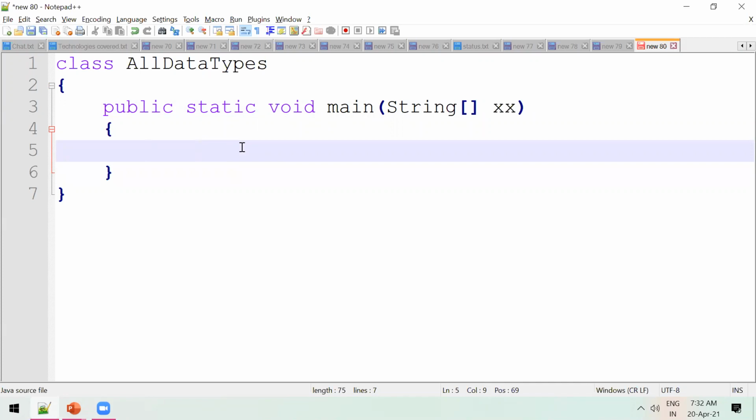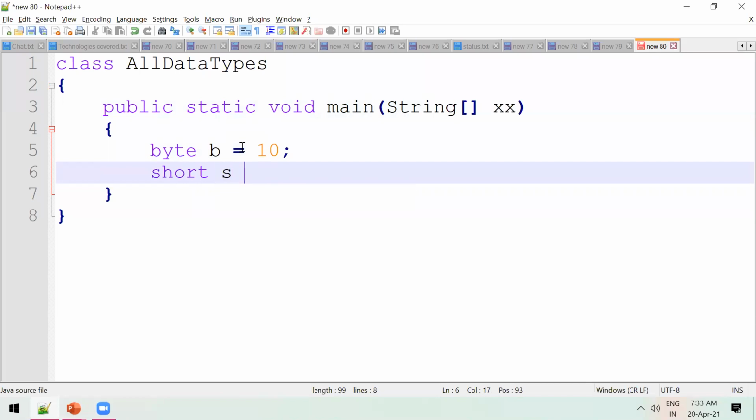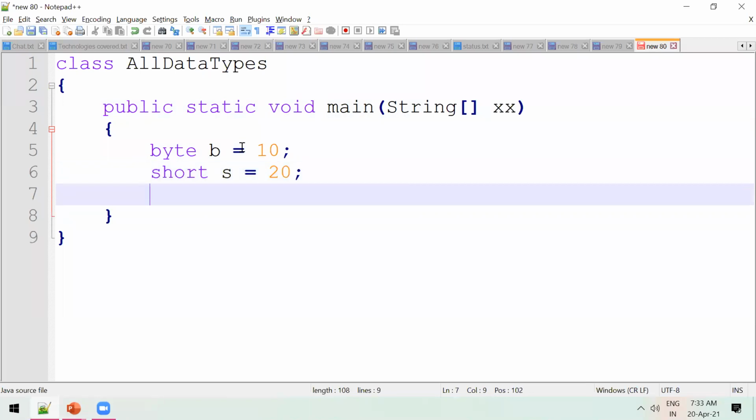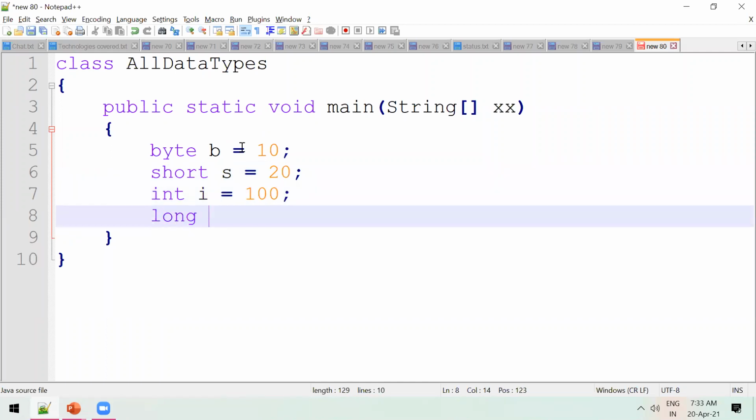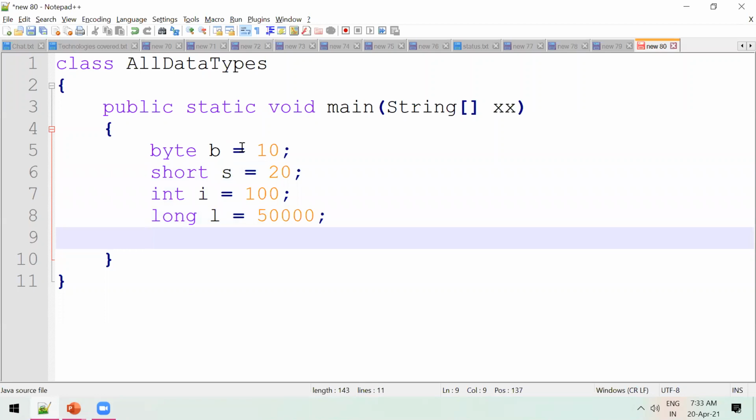Right. So we have seen different various data types, right? One is byte, short, int, long, float.